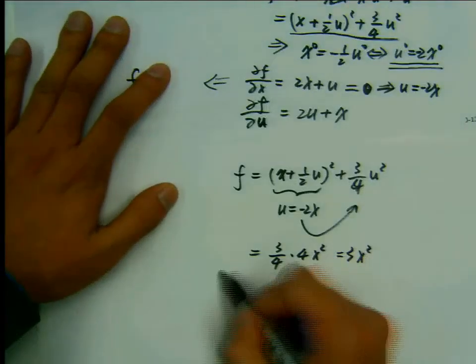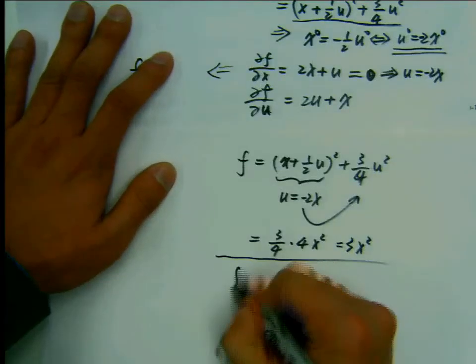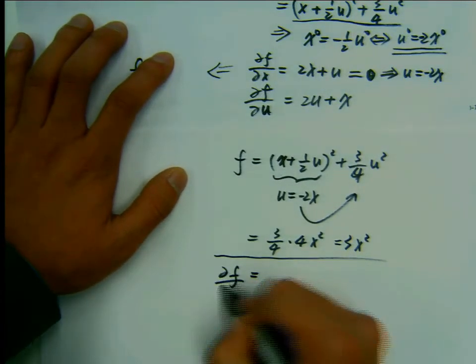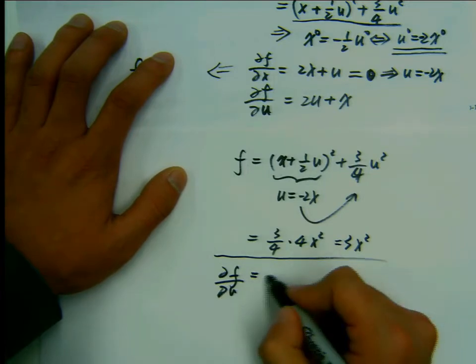If I do the other way around, f, if I do partial f, partial u equal to 0,